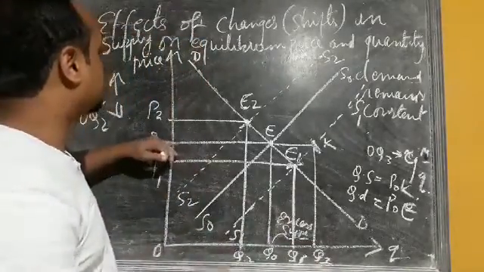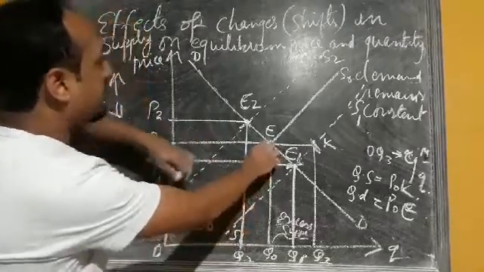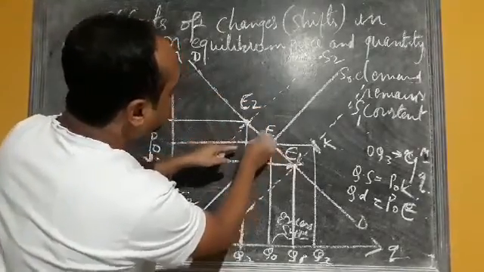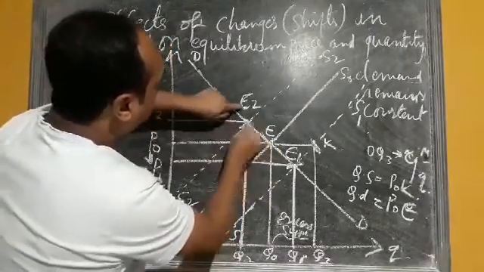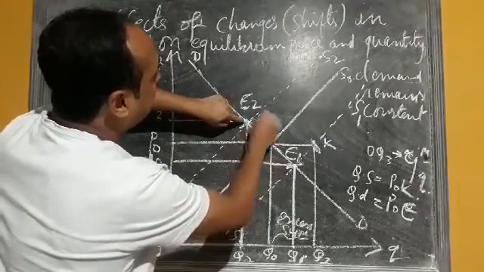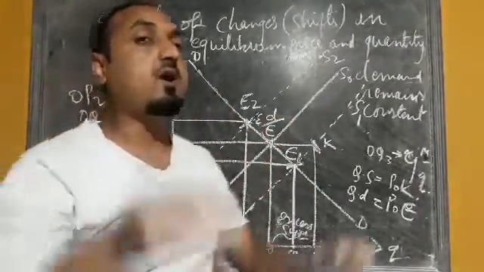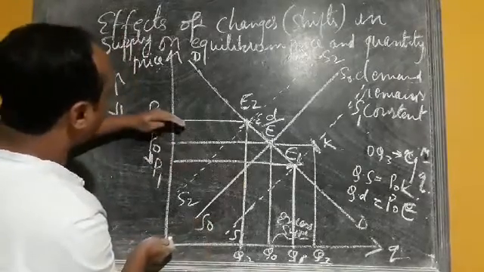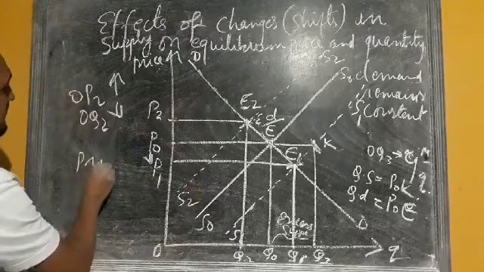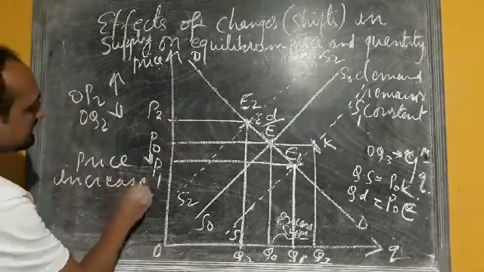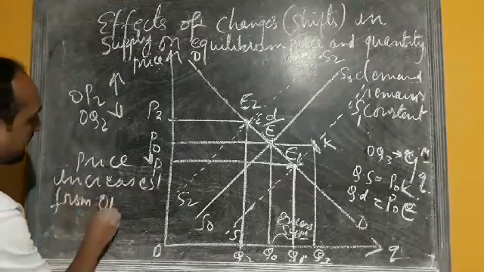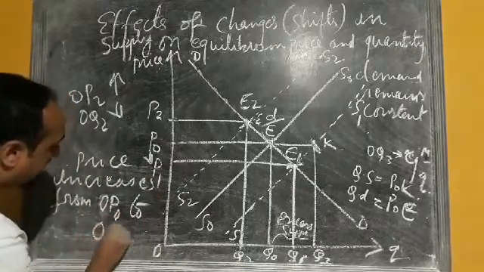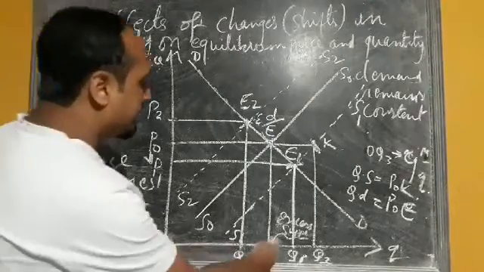Now here if we consider the initial price, our supply curve is here. This creates a situation of excess demand. Demand is still here because this is our demand curve, but supply is only up to point E2. So that will create a situation of excess demand, and because of that excess demand, we know that it exerts an upward pressure on the price. So the price is increasing from OP0 to OP2. Similarly, the quantity is decreasing from